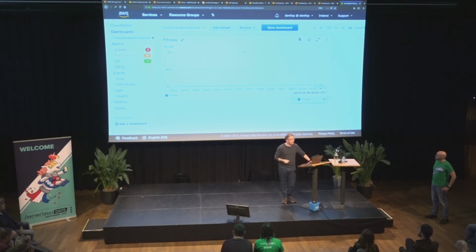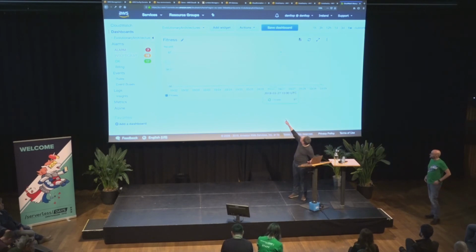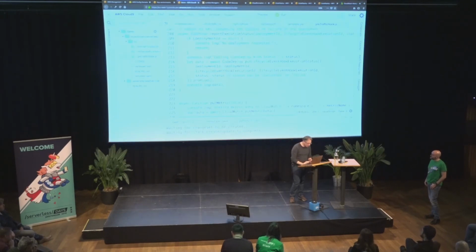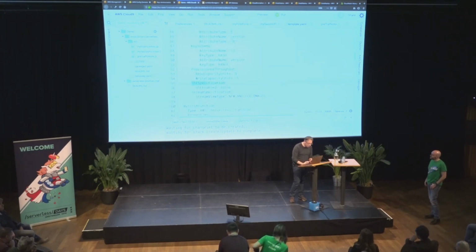Can anyone think why my fitness is dropping? It's not easy, because I only realized that today. I was creating a DynamoDB table unencrypted, but we changed the default value a couple of months ago. So now all DynamoDB tables are created automatically encrypted. So I was getting a higher fitness without even knowing. And then I changed the template to explicitly make a DynamoDB table not encrypted, and that dropped my fitness because it's not encrypted anymore. So I changed this in the unencrypted table. I had to add this to say that I don't want encryption, because the default has changed over time.